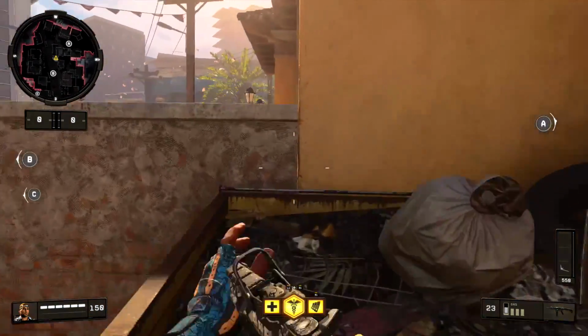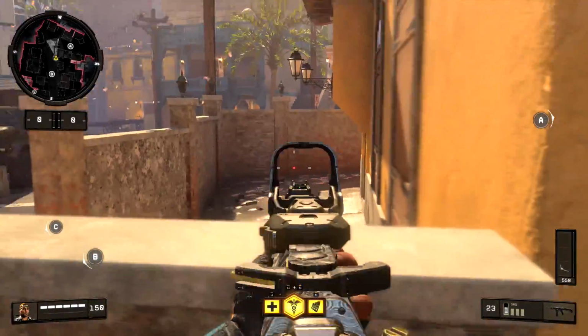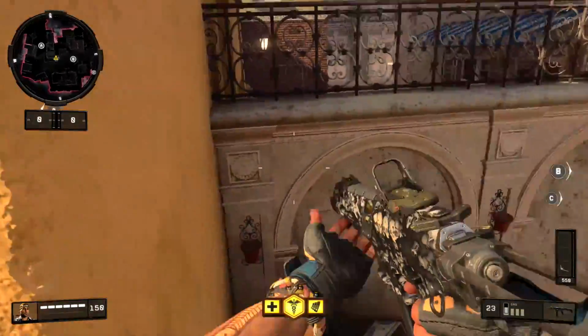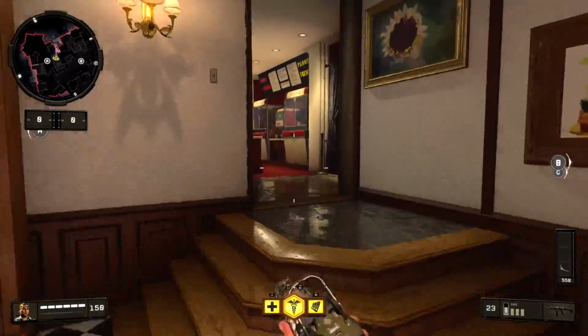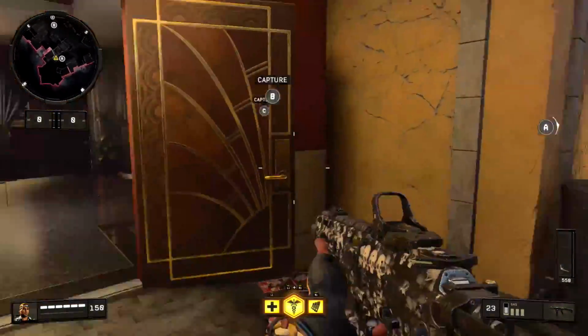Alternatively, if you are coming from this direction, you can hop up on this trash can, which you can use right there, or from there, you can jump up onto the wall, and then you can have that peek over towards the fountain. Another thing you can do, if you happen to have a class with FMJ on it, especially